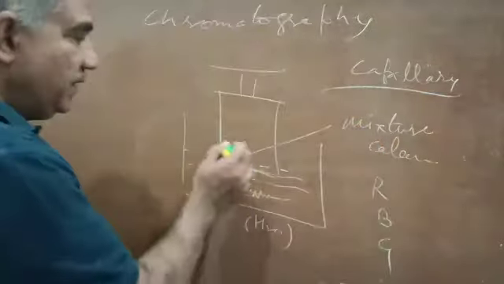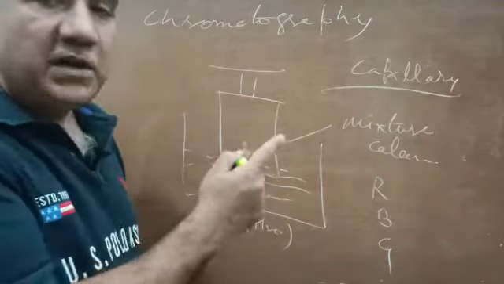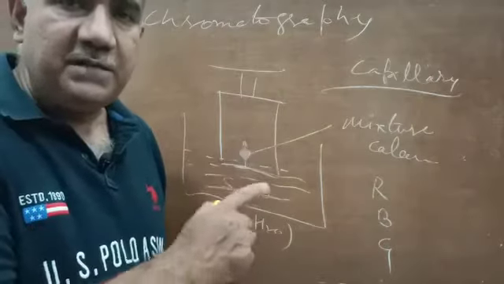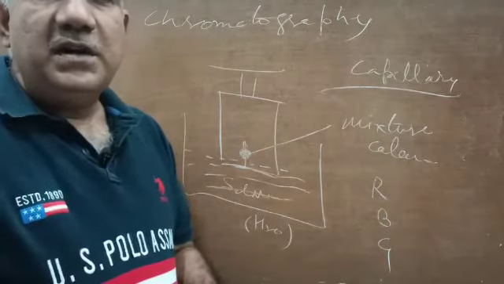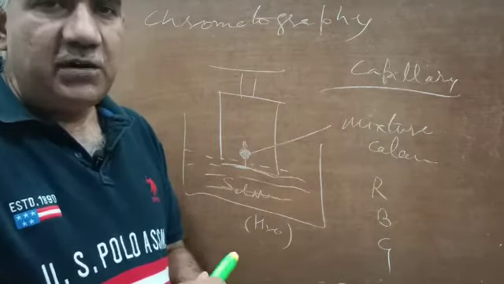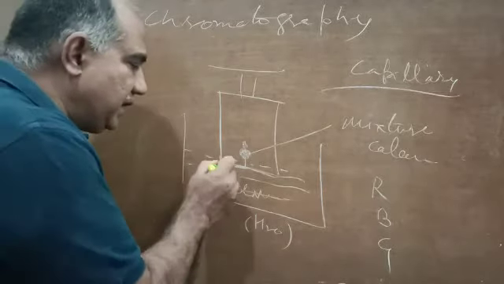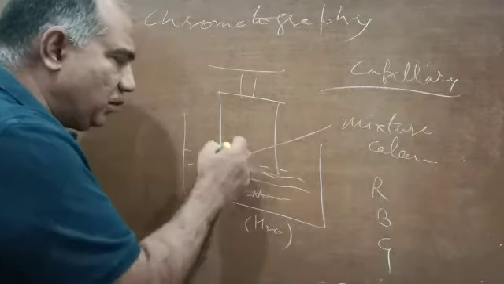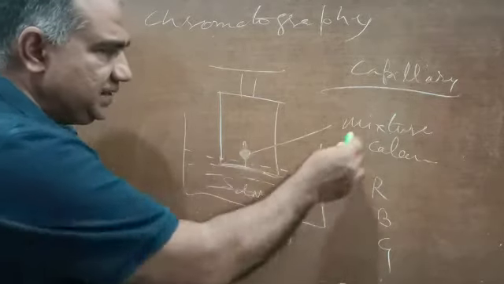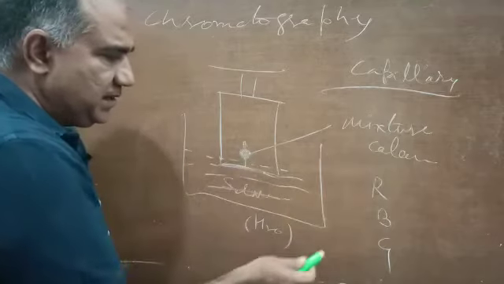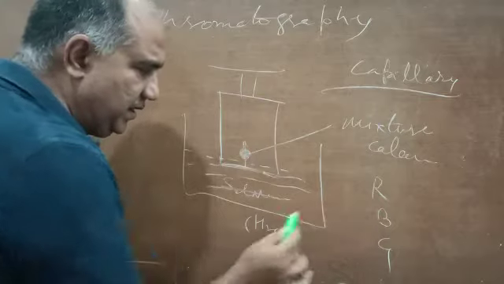For this, there are numerous types of chromatography. We will be studying paper chromatography in this. For this, we can take chromatography paper, or otherwise normal filter paper, that can also act as a chromatography paper. Normal filter paper can also be taken. We will put a dot here, say this is a mixture of color, and this dot contains three components: red, blue and green.